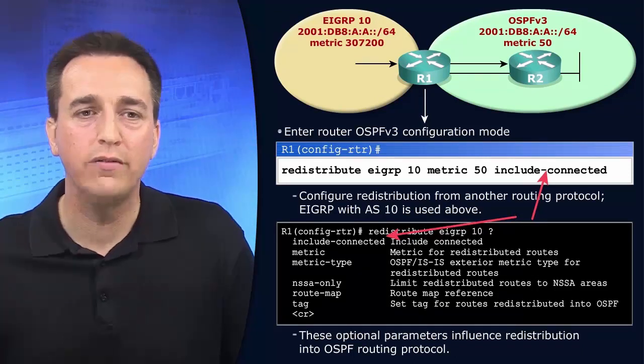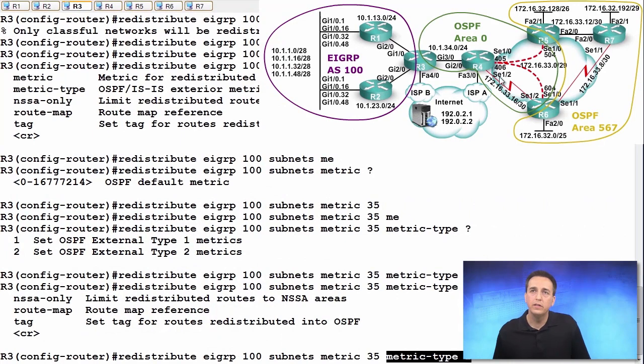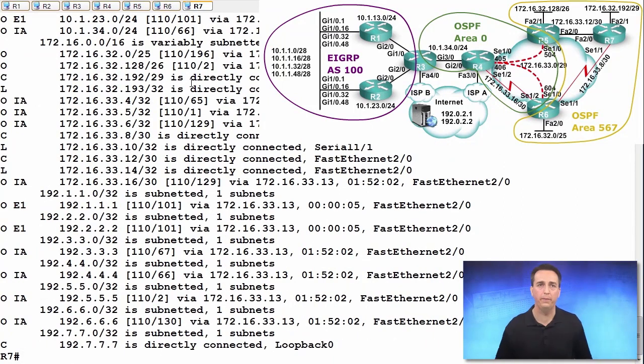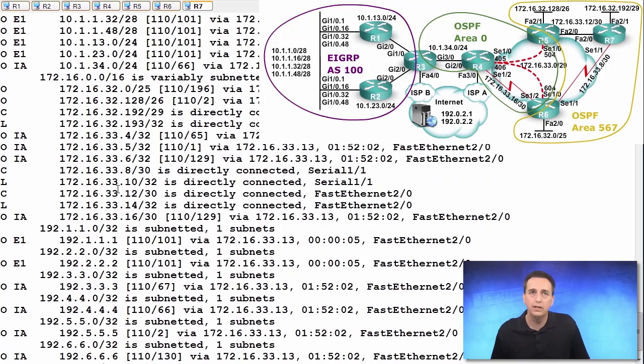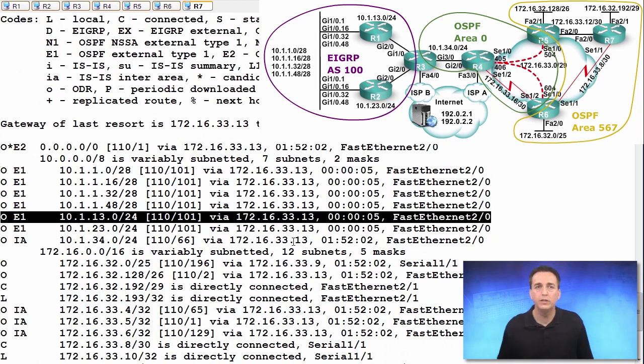Well, let's go to our live environment. In our live environment, if we look at our routing table for IPv4, the network between R1 and R3 is the 10.1.13.0/24 network. Is it listed here? Yes, it is. 10.1.13.0/24. Now, if we go back to R3,